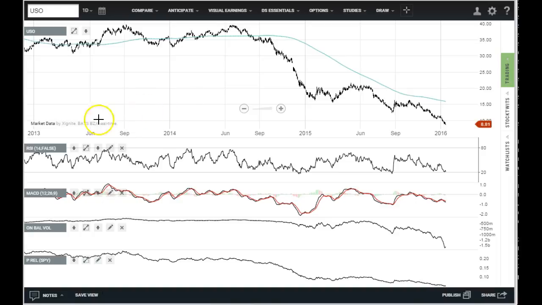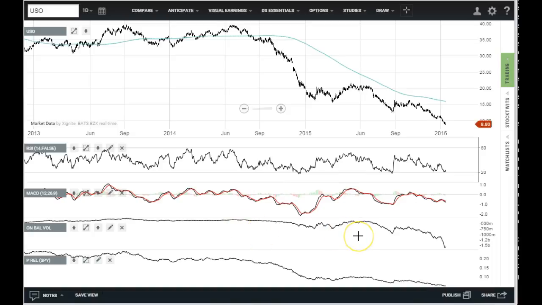So I want to look at a few indicators. This is RSI here, and you can see that it doesn't really give us a whole lot of information. There's no divergence. It's not too oversold. So it's telling us the short-term trend is definitely down, with no reason to doubt it. Same with MACD. It's negative. Yeah, it's got a rising slope here. We'll see a little bit more about this on the weekly chart, but I don't have very much to say other than it's confirming the trend right now.